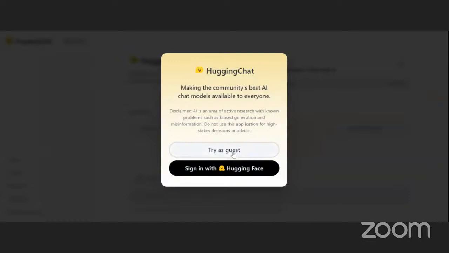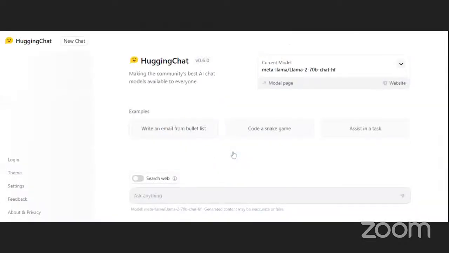So you click try as a guest because you just want to chat with it. It can write an email, you can get assistance with a task and stuff. If you want to log in, you can change some settings, privacy and stuff. And then here you can begin.